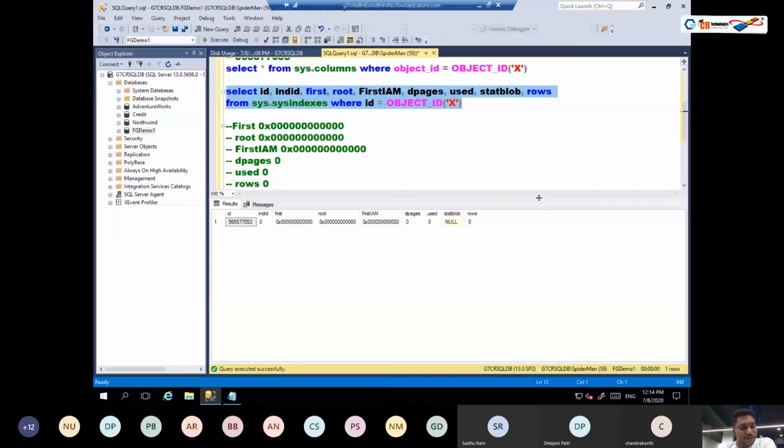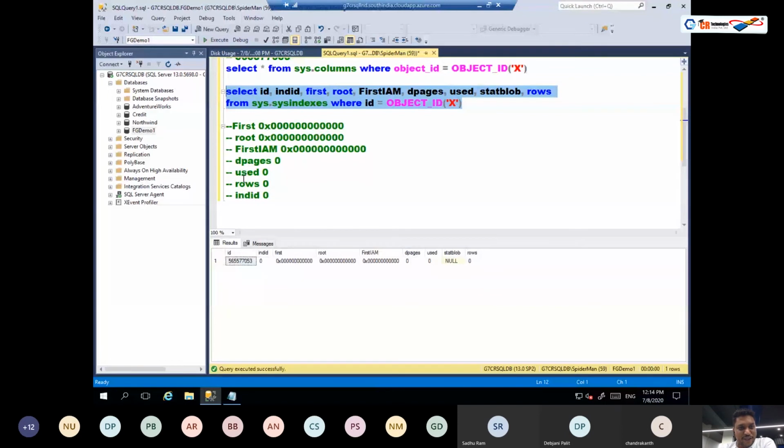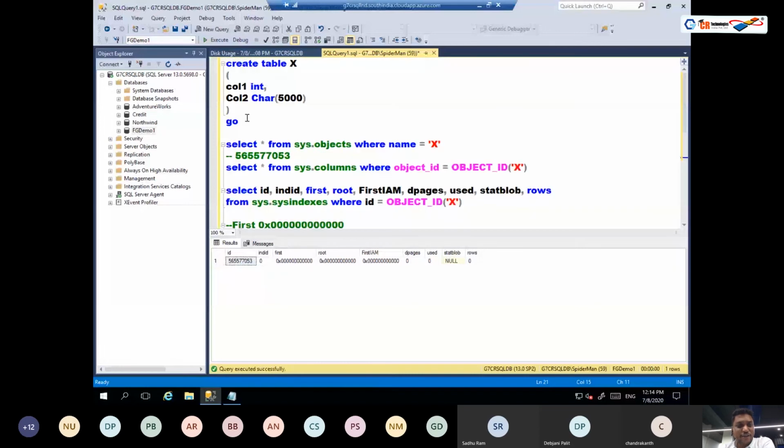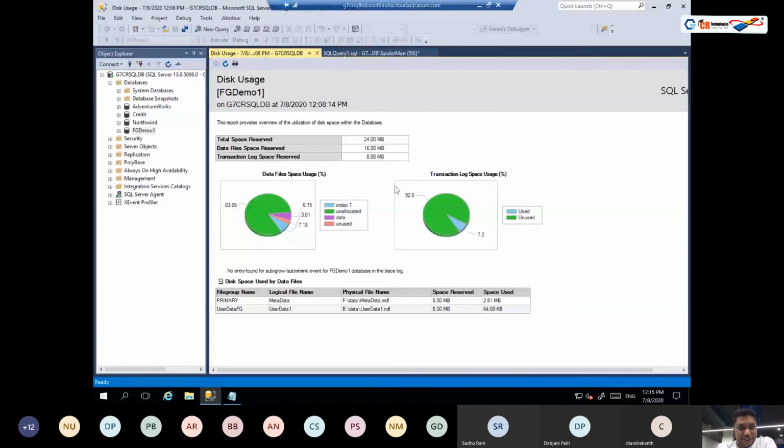Currently, you've seen the values in these columns, and you can see these values now are first, root, first IAM, D pages, used, rows, ind ID. You can see the values which were there in them. And this is for a completely new table that I just now created. Now, while I created this table, the only thing that happened was metadata got inserted. Now, when I look at the disk usage here and I refresh it,